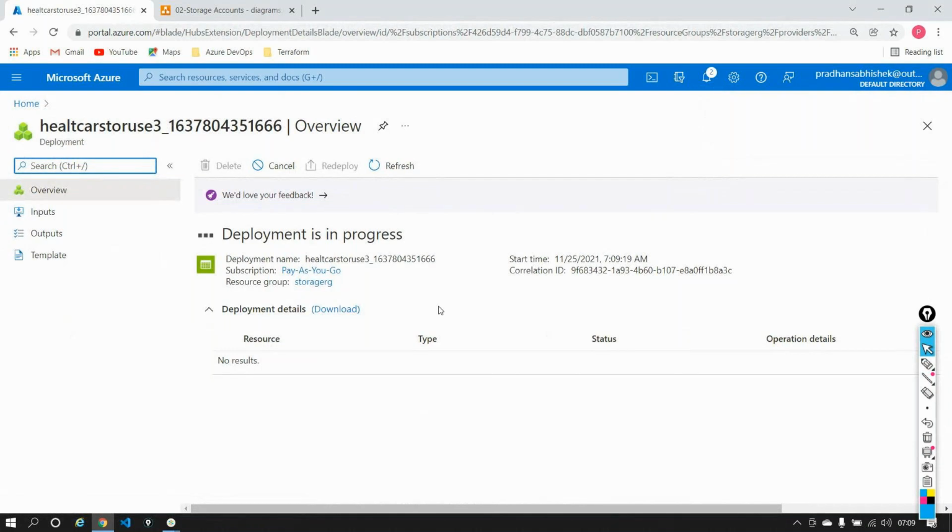This is going to take about a minute or two to create a service known as a storage account for me. And this is what we did yesterday, right? We said, okay, fine, these are the number of options that we have. We can go ahead and select them. And once you decide what the location is, what the replication is that you want, and so on, you can go ahead and create your storage accounts.